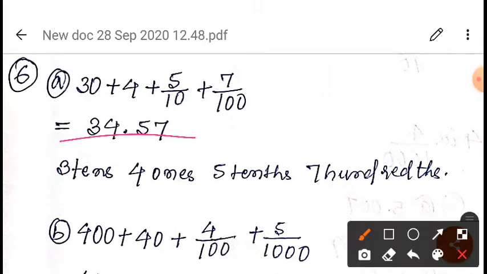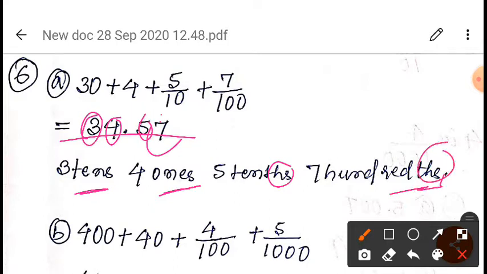When you talk about the positions, this 3 is in the tens position, this 4 is in the ones position, this 5 is in the tenths position, and this 7 is in the hundredths position, as you can see. Now next is